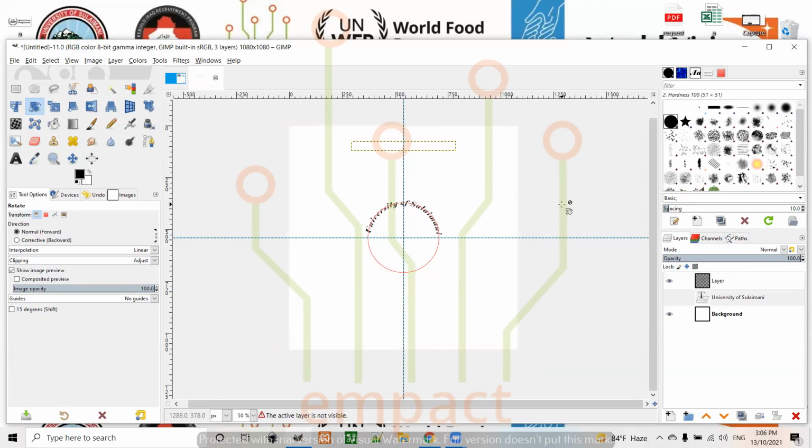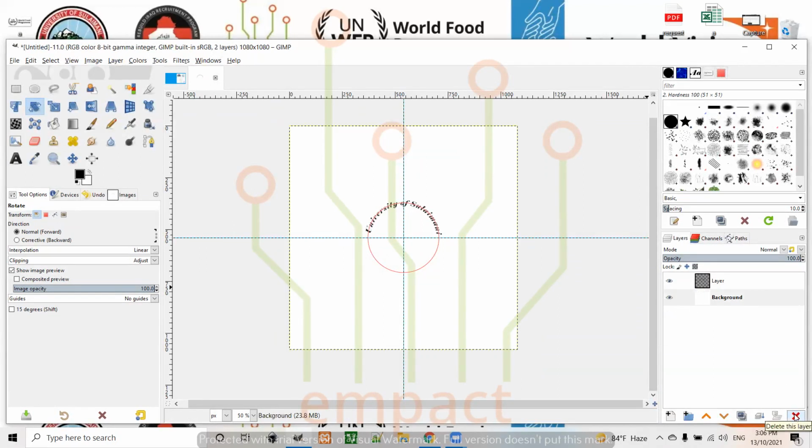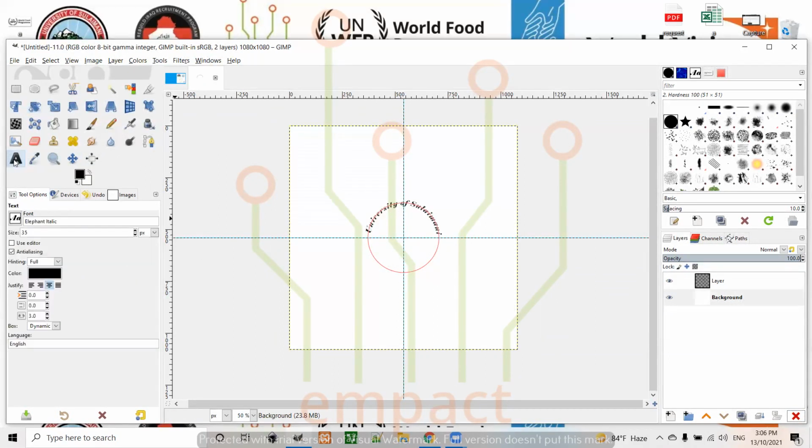Oh, it's fine. I have to go to layer and crop to content, but it's fine. Then I can delete this guy because I don't need it anymore. I have this circle shape text. Then if I want to write another text,